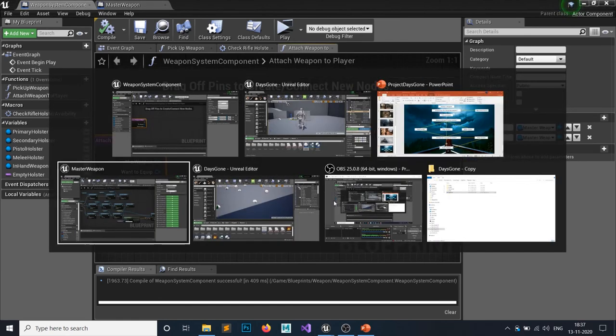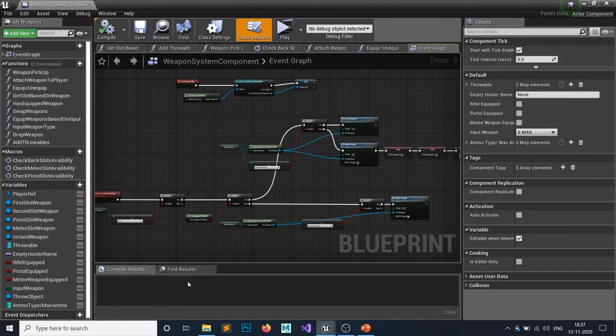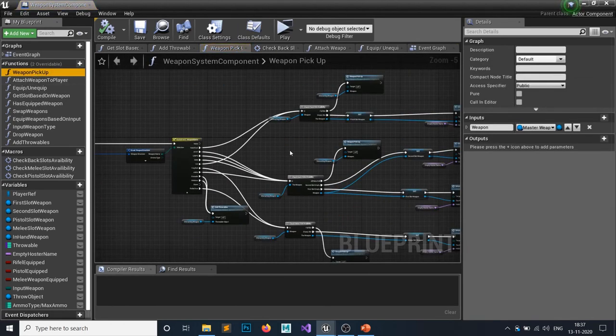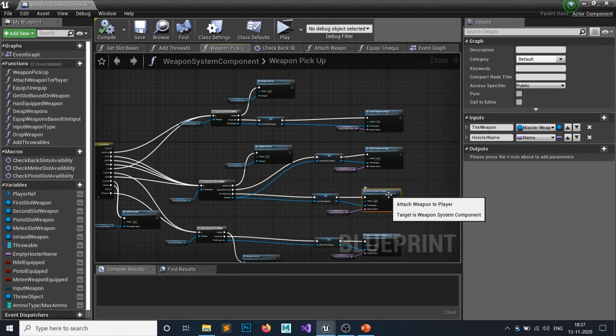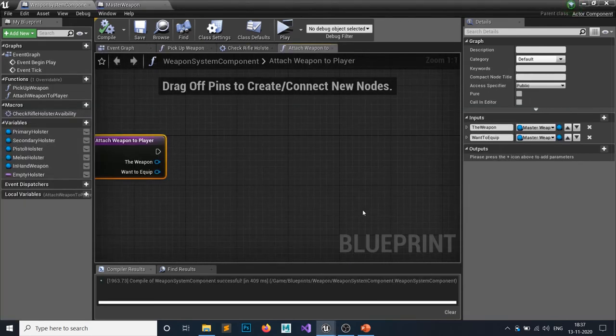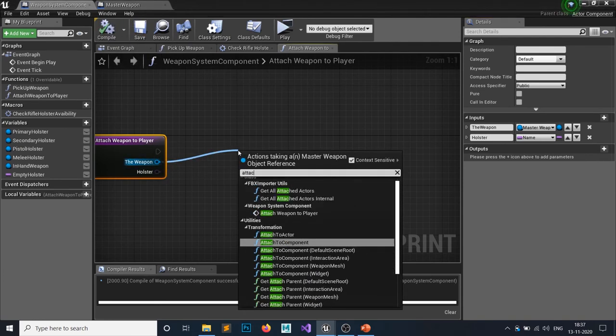Let me just double check it. Okay, not the want to equip, I need a name, and this would be a holster. Hit compile and save.